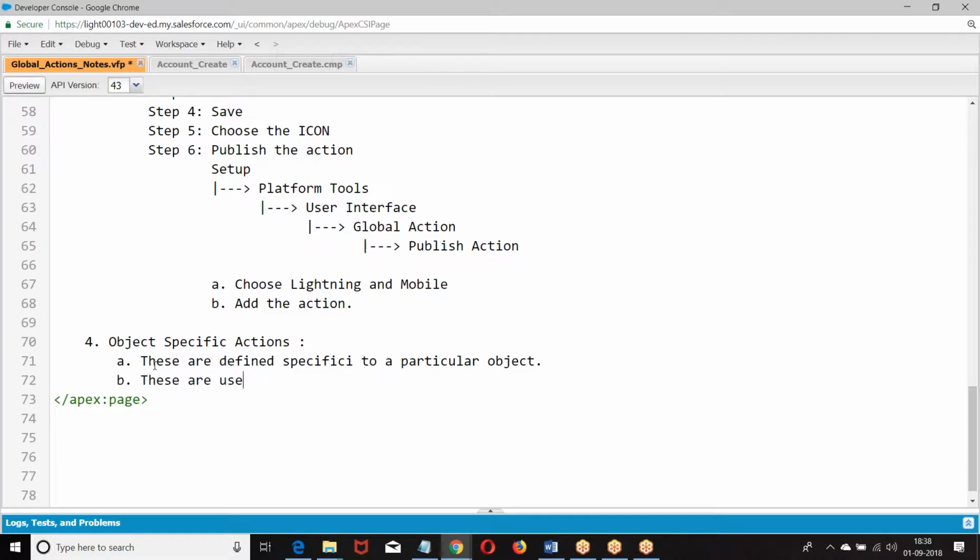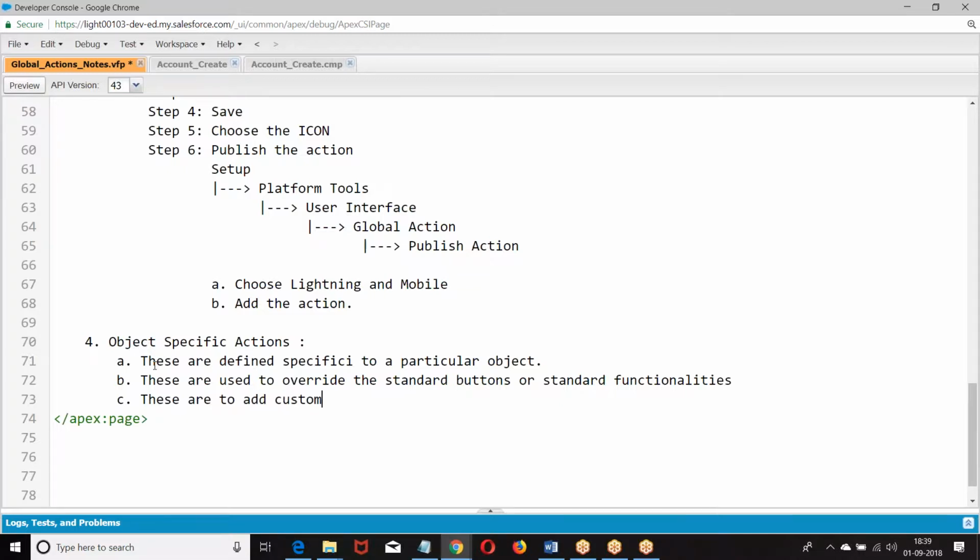These are used to override, these are used to build custom components.